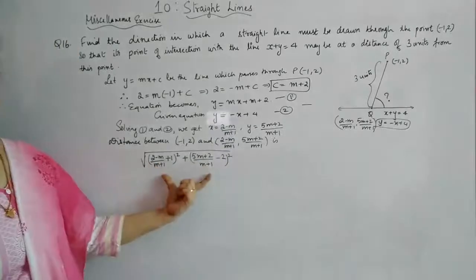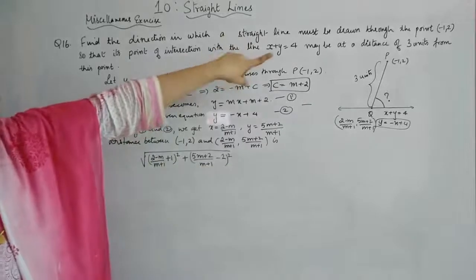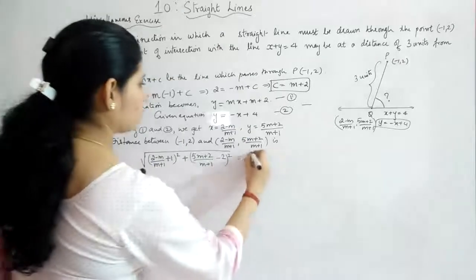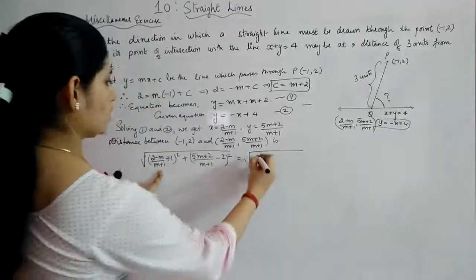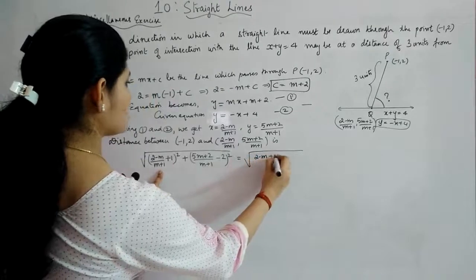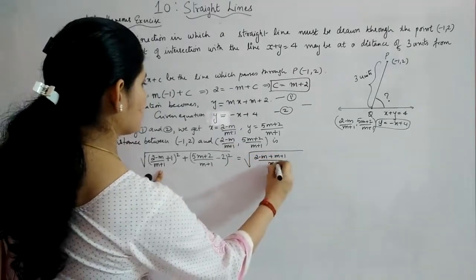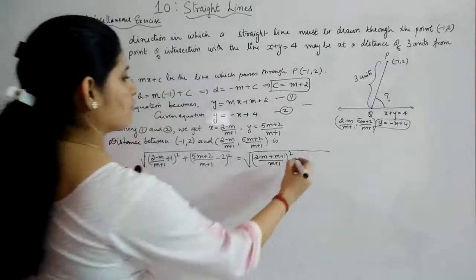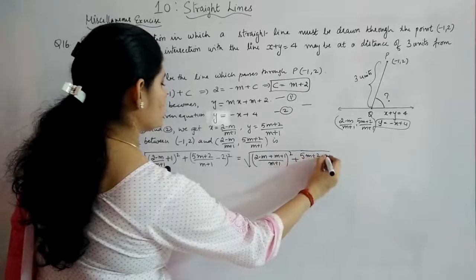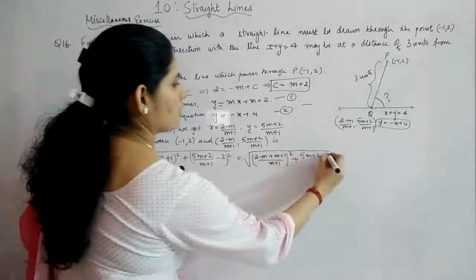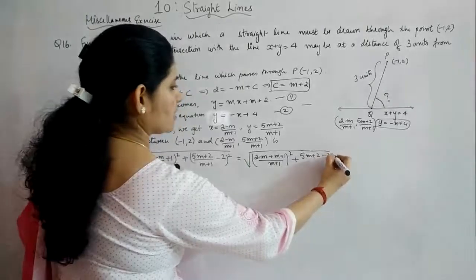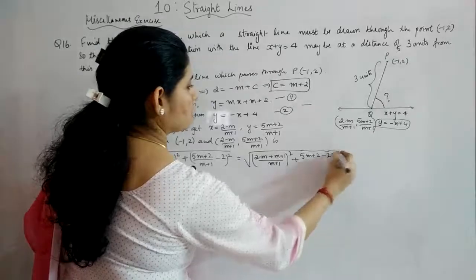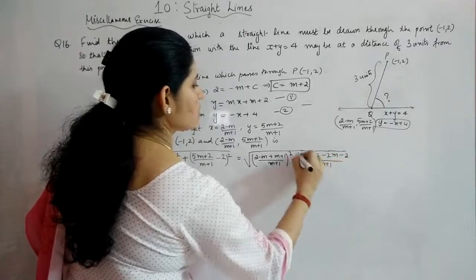Okay, and solving this we can just equate that to 3 because that is given to be 3 in the question. So first we will solve it. This is equal to root of, here you will get 2 minus m plus m plus 1 by m plus 1 after taking the LCM, the whole square, plus the other term is 5m plus 2 minus of 2m plus 1. Minus of 2 into m plus 1 will give you 2m minus 2, divided by m plus 1 the whole square.